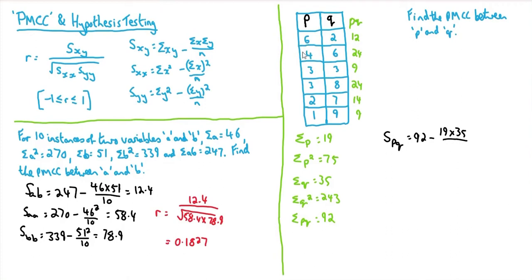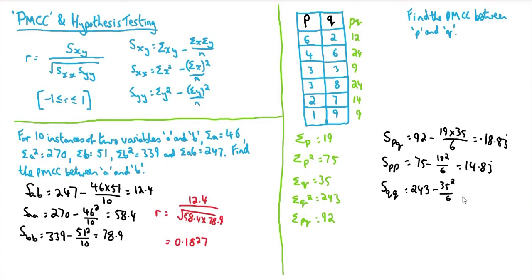Divide that by, there are 1, 2, 3, 4, 5, 6 terms. So that gets you a value here of minus 18.83 recurring. As for SPP, that's now going to be your sum of P squared, so 75, minus the sum of P, 19, afterwards squared, again divided by 6. That should get you 14.83 recurring again in terms of the decimal. Then SQQ, that's going to be your sum of Q squared, the 243, minus from that the sum of Q, the 35 squared, divided by 6, and that gets you